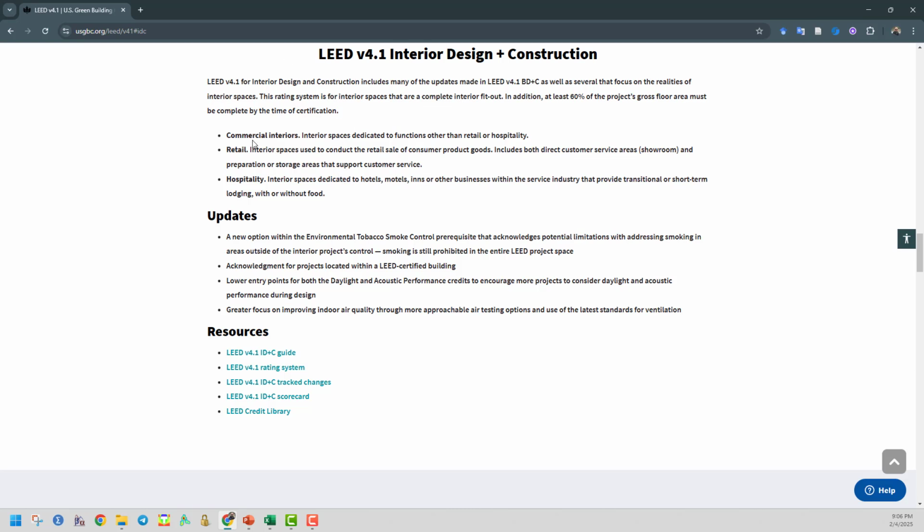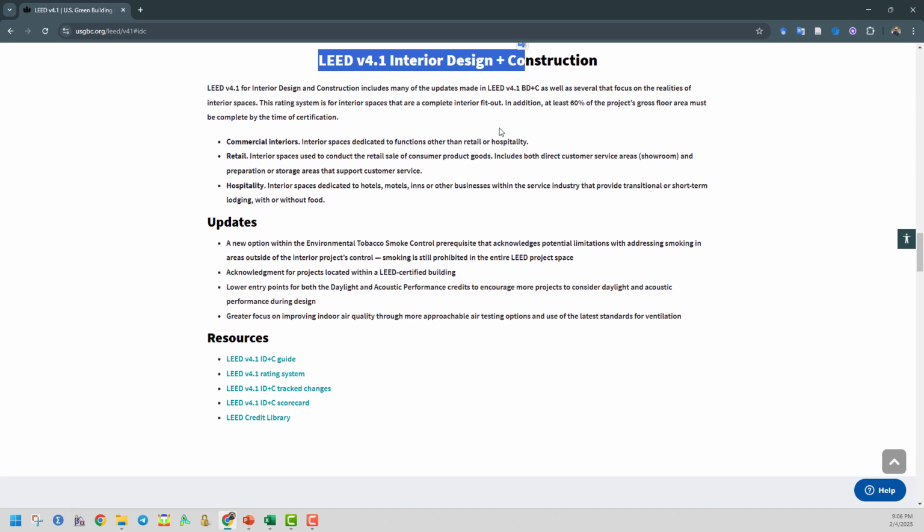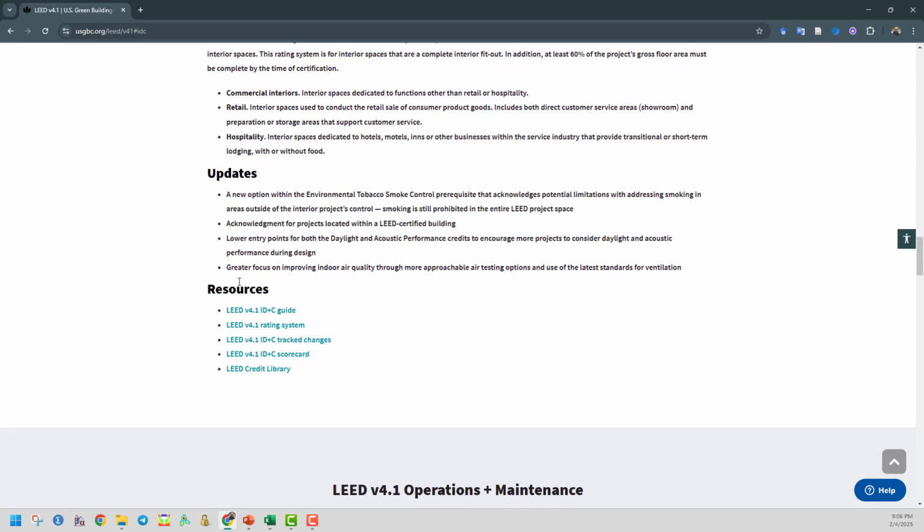It provides more information about that. And it says when you need to use this. For example, if you're designing commercial interiors, retail, and hospitality, you need to rely on this if you're designing for interior design of these. Under resources, there are several things that you can rely on. The first one is guide. If you click on guide,